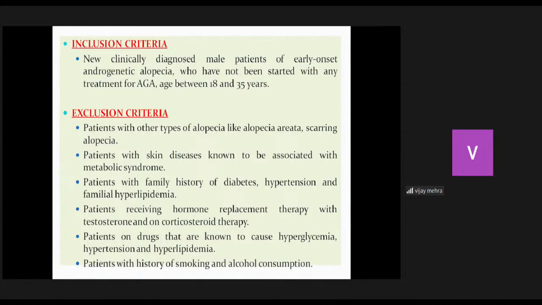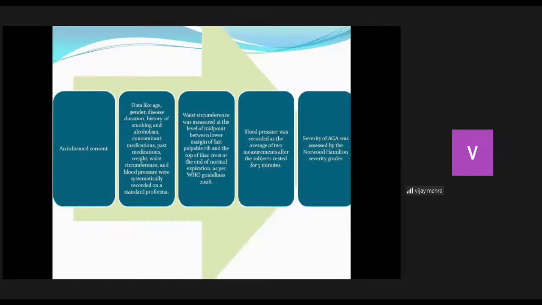Exclusion criteria: patients with other types of alopecia like alopecia areata and scarring alopecia; patients with skin disease known to be associated with metabolic syndrome; patients with known diabetes, hypertension, and familial hyperlipidemia; patients receiving hormone replacement therapy with testosterone or on corticosteroid therapy; patients on drugs known to cause hyperglycemia, hypertension, and hyperlipidemia; and patients with a history of smoking and alcohol consumption. Informed consent was taken. Data like gender, disease duration, history of smoking and alcoholism, and concomitant